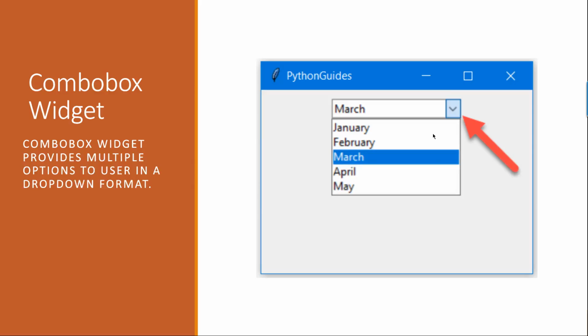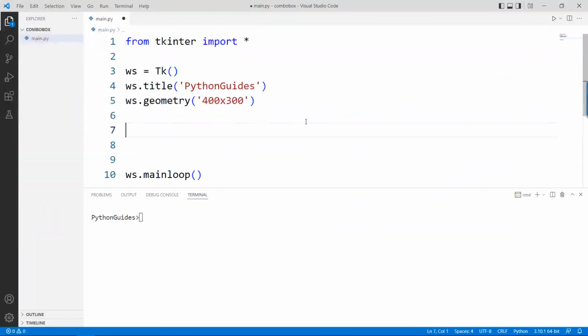Apart from that, you can click on this drop-down button and all the options will be displayed in this way. So let's go ahead and learn how we can create this. Here's my VS Code editor, and I have written a basic template to create a Tkinter application. In order to use the ComboBox, first of all, we have to import ttk from Tkinter,